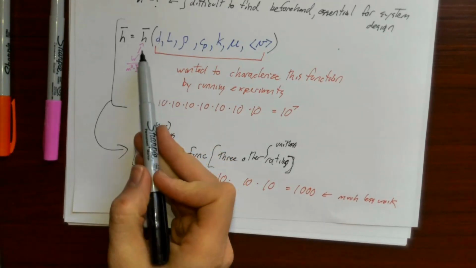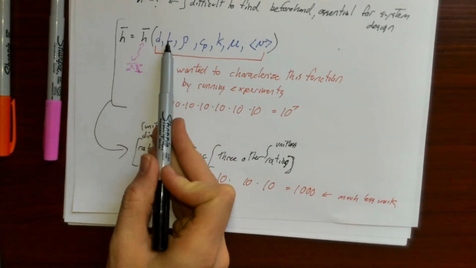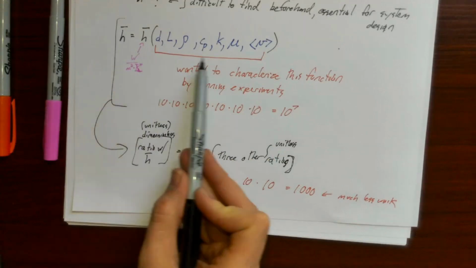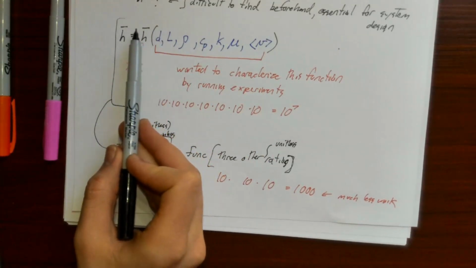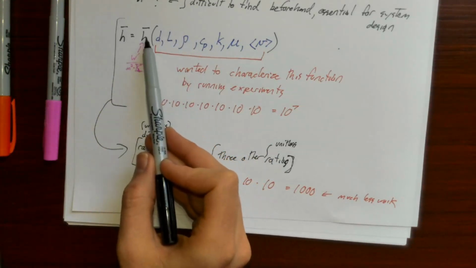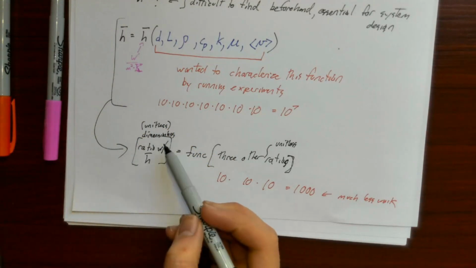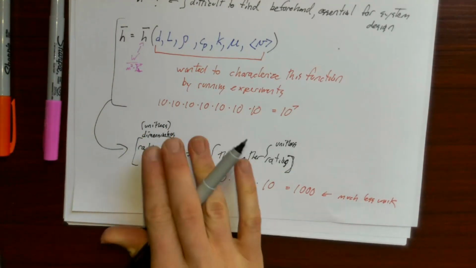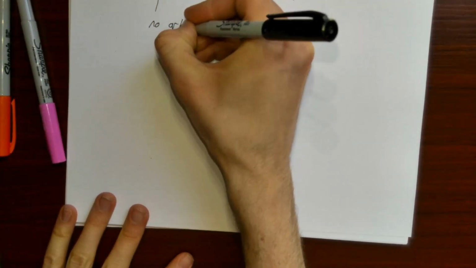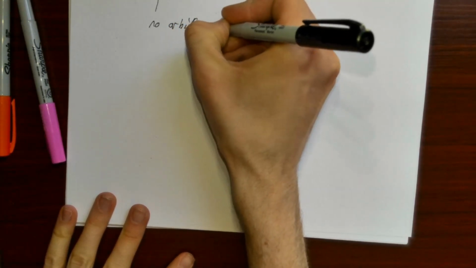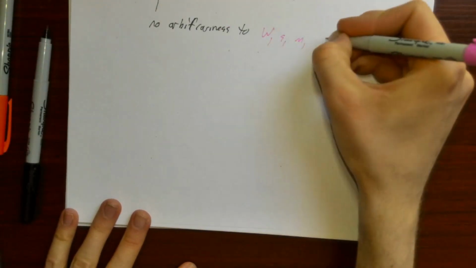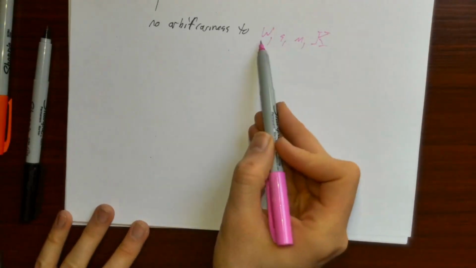So if instead of having h bar, which has units, and d, which has units of meters, and l, which has units of meters, and density, which has units of kilograms per cubic meter, if instead I form ratios of all of these variables, a ratio of h and some other stuff, and also ratios of these things that are essentially arguments or inputs to this function, if these are unitless and these are unitless, then there's no more arbitrariness. There's no arbitrariness to watts or seconds or meters or Kelvin. Right? There's no arbitrariness to what these units are.